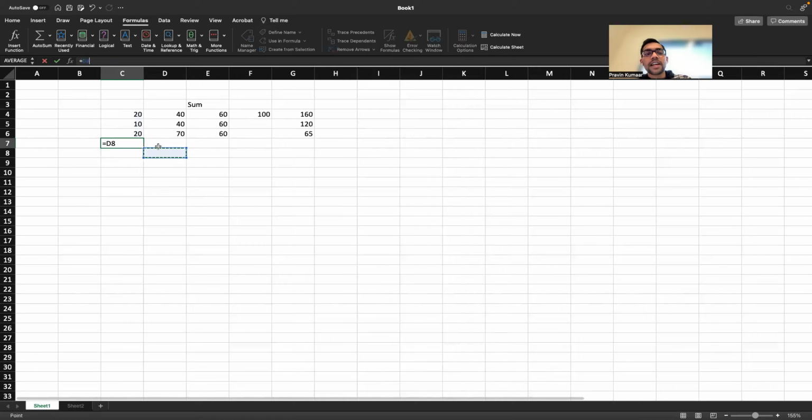And again, if you select a cell, usually you'd see only the value that's in it. But in your formula bar here, you'll see what the formula is. For example, if you go to this,